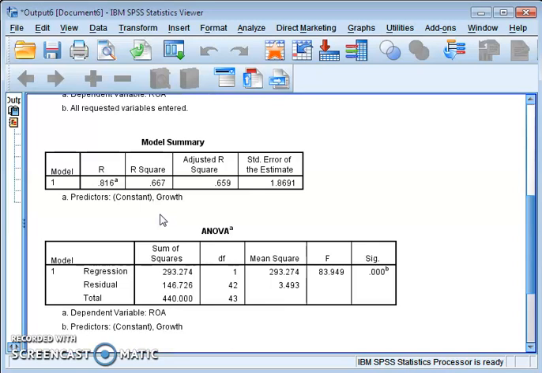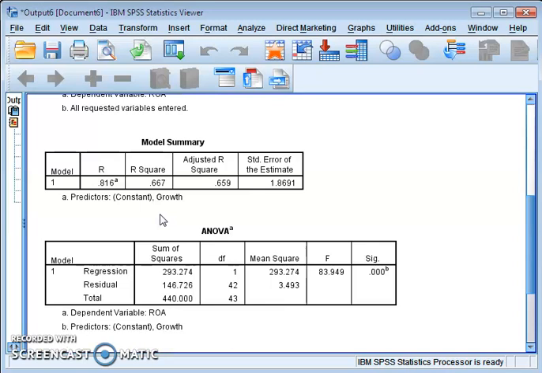We have included only one independent variable in this model, so with the help of sales growth, R square tells how much variation in return on assets can be explained. Remember one thing: the higher the variance explained, the better your model. That means the higher the R square, the more accurate your prediction will be.